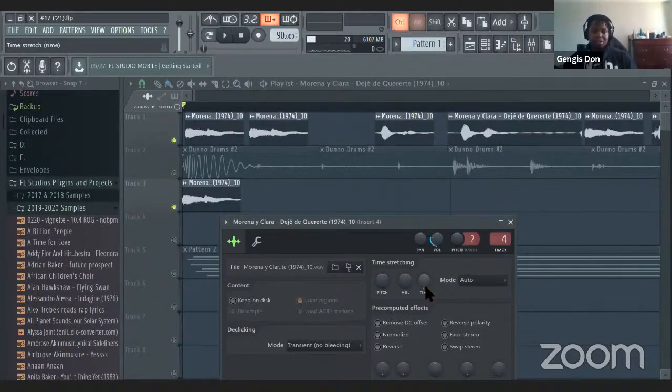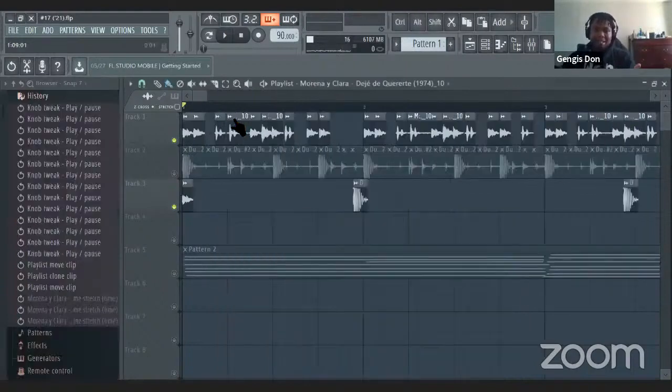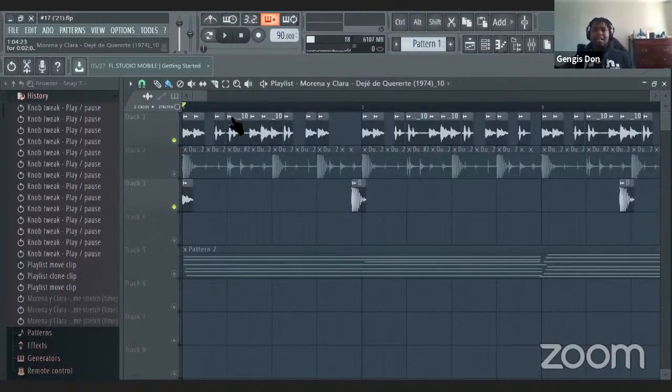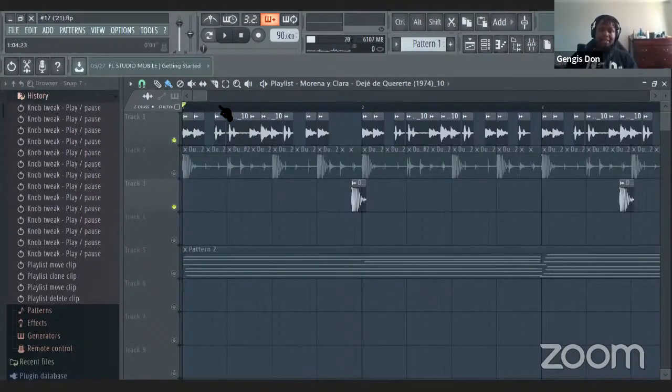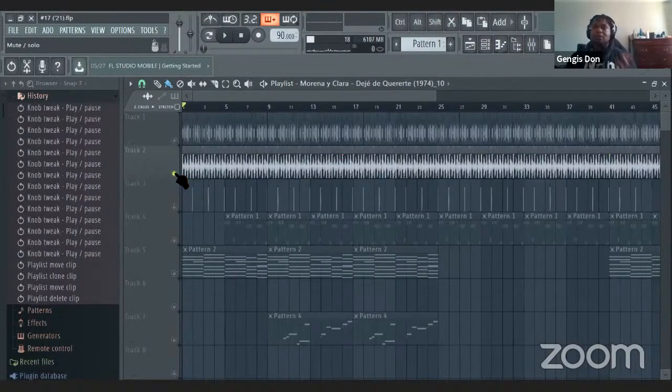I didn't stretch it that much. And I just copied and pasted it along so that I can create my own drum loop, essentially my own percussive loop.